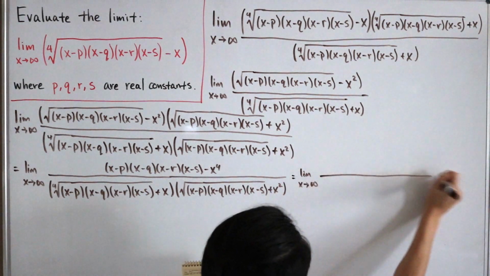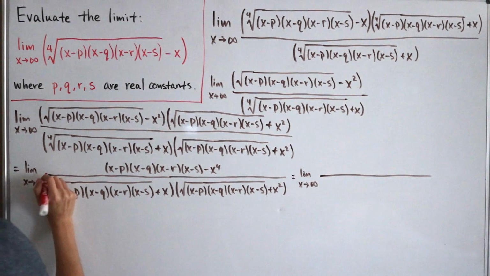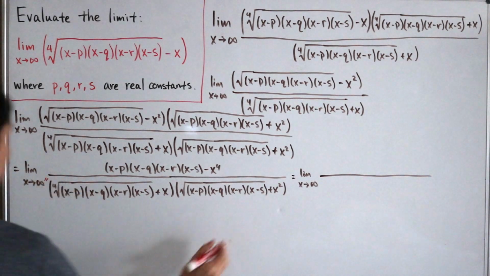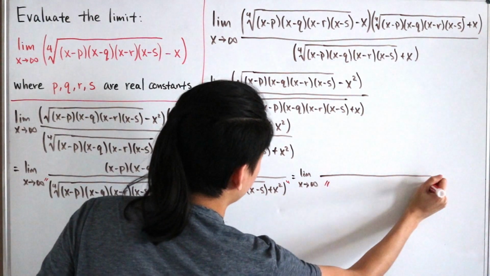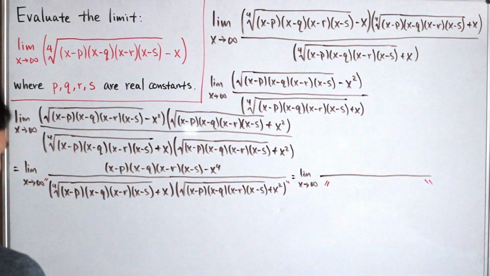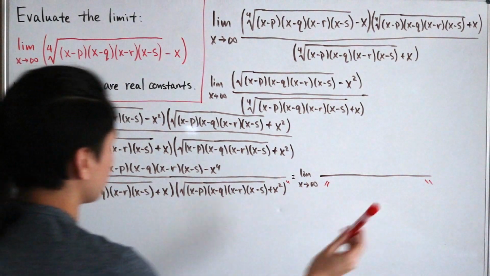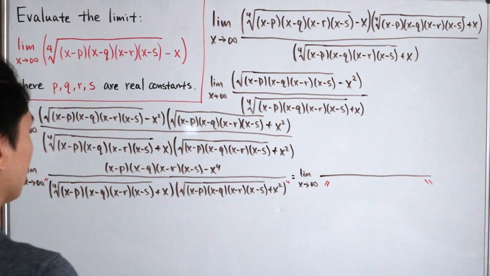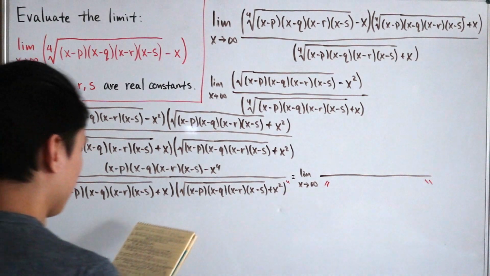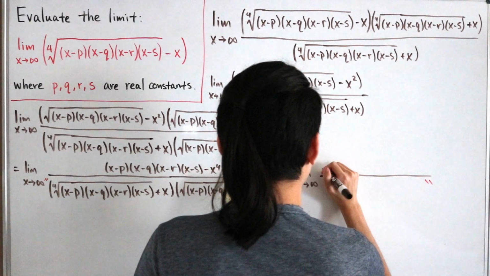Okay, so here's what I'm going to do. Just to save room, I'm going to use quotation marks. What I mean is that there's a lot to write, so the quotation marks under the denominator mean it remains the same as the denominator over here. So this is just saying the denominator is unchanged. The same goes for the next line. I'm saving room for work so nothing gets too complicated and I don't lose track of what I'm doing. But if we do the expansion over here, we're going to have this is x to